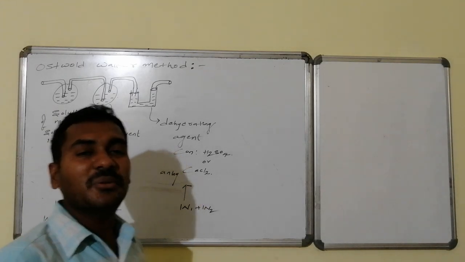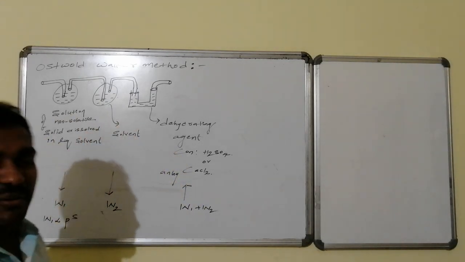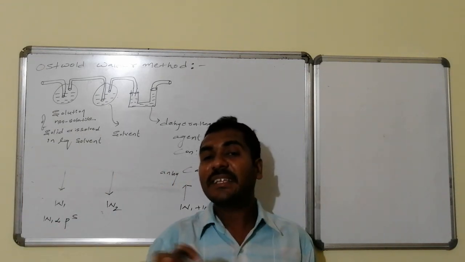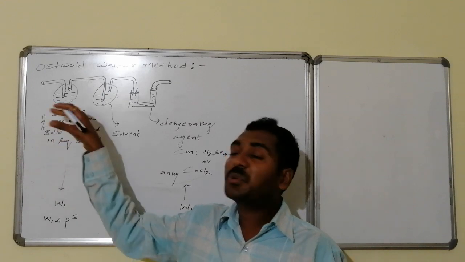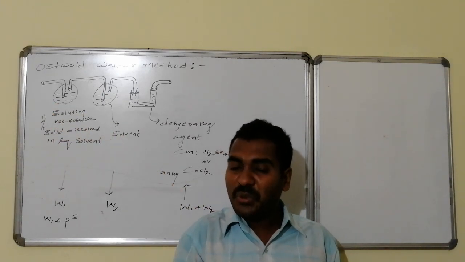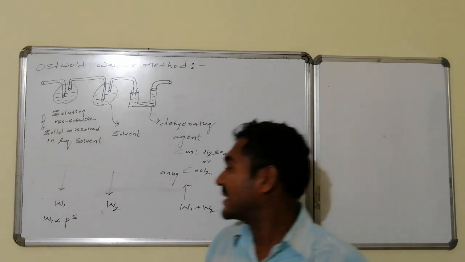W1 is proportional to the vapor pressure of the solution. Weight loss in the second chamber is little, because that dry air is not completely dry air, it is partially saturated. It is saturated up to the vapor pressure mark of the solution. So there is a little gap to get more saturation.